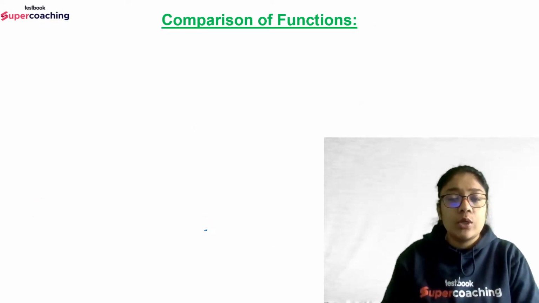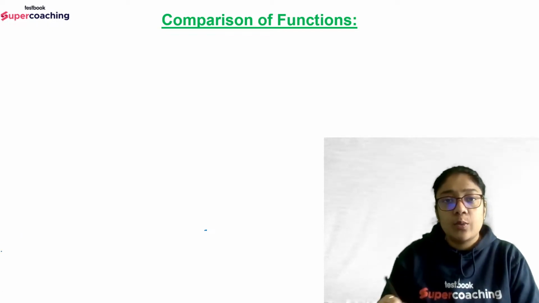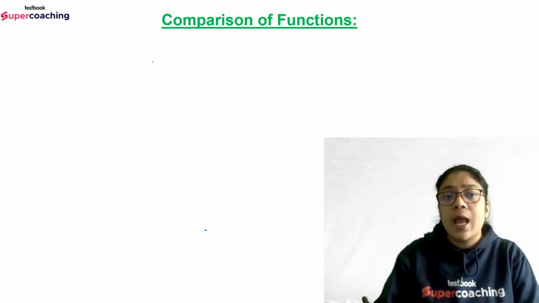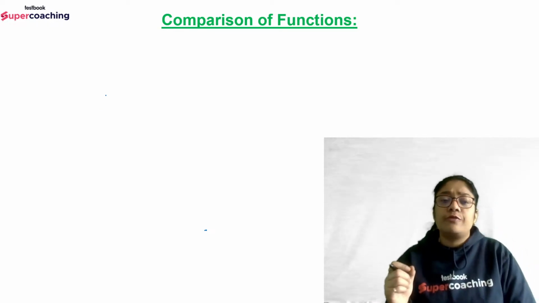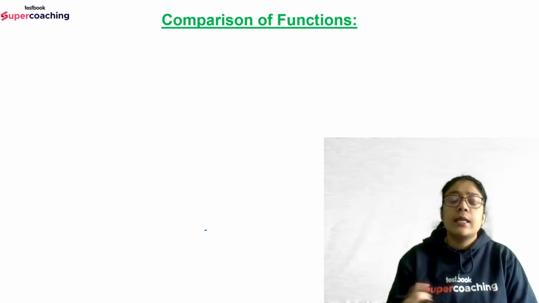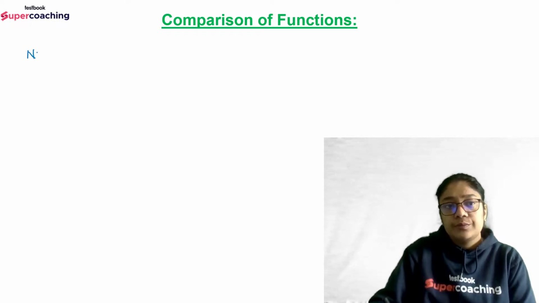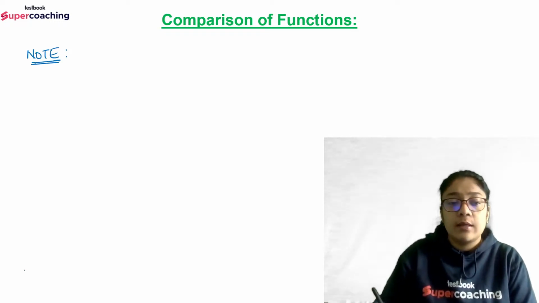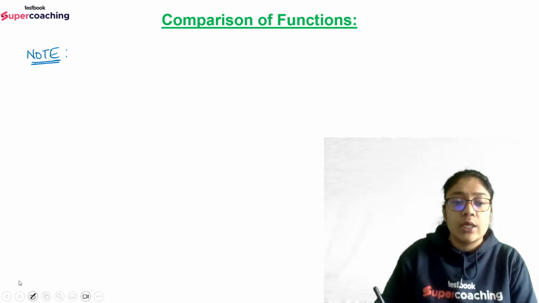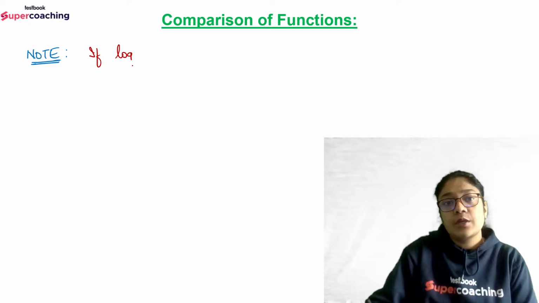So this is the only thing that you need to consider in method 2. Otherwise everything is very simple. I'll provide a basic list of logarithmic formulas. गिनती के 3-4 formulas हैं जो आपको पता होने चाहिए, and then you are done with the comparison of functions. Okay, so here note. नोट मीन्स इंपॉर्टेंट पॉइंट. अगर आप इस पॉइंट का ध्यान नहीं रखेंगे तो हो सकता है आप अपना क्वेश्चन गलत कर लें. सो इफ लॉग और सम फंक्शन